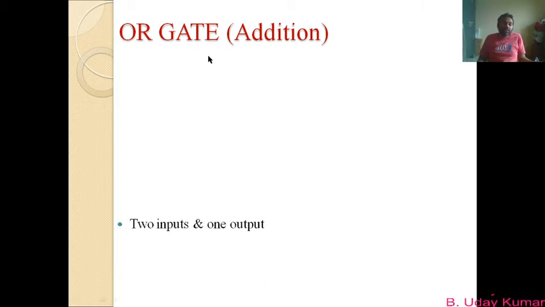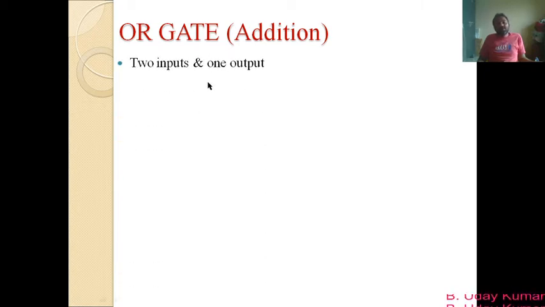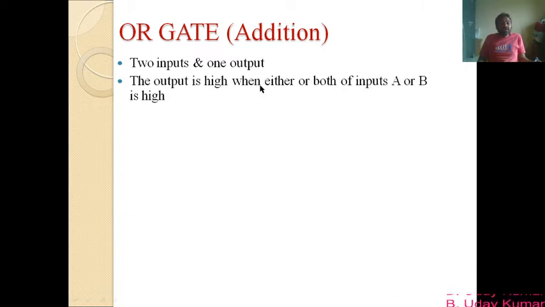That means the logical function of the OR gate is addition, and hence we have written it in a bracket beside it. You need not write this addition, but just for understanding purposes we have mentioned its logical function beside it. What is an OR gate? As we already know the definition of a logic gate, this OR gate will have two inputs and one output for sure. This is the first point, and this is the definition of the OR gate.